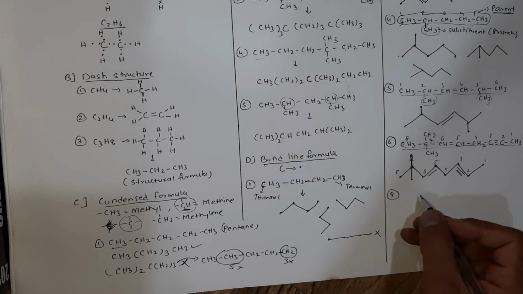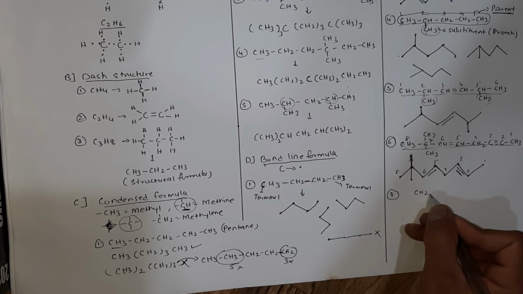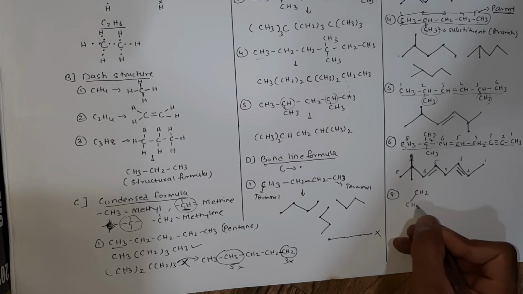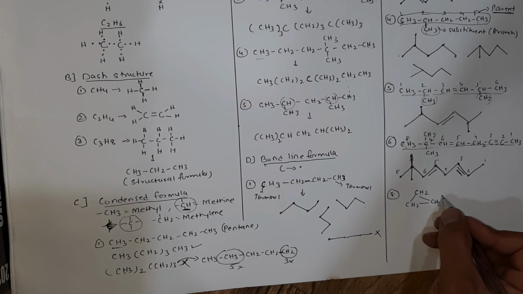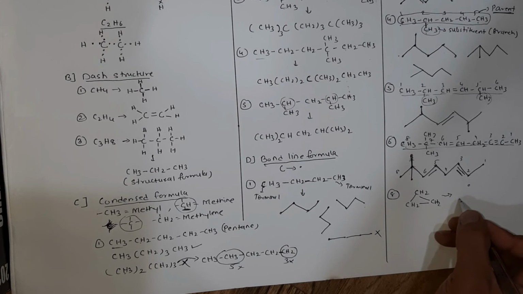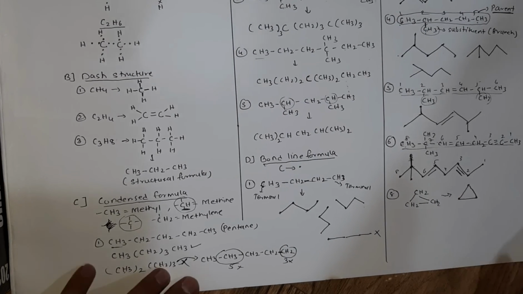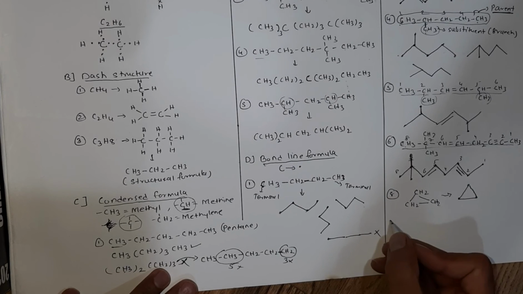Let's take molecule number 8. Let's take a cycloalkene. Suppose I take the structure like this: CH2 attached to CH2 attached to CH2, a bond, cyclopropane. So if I want to represent a condensed structure, make 3 dots attached to it. Simple. Suppose molecule number 9,